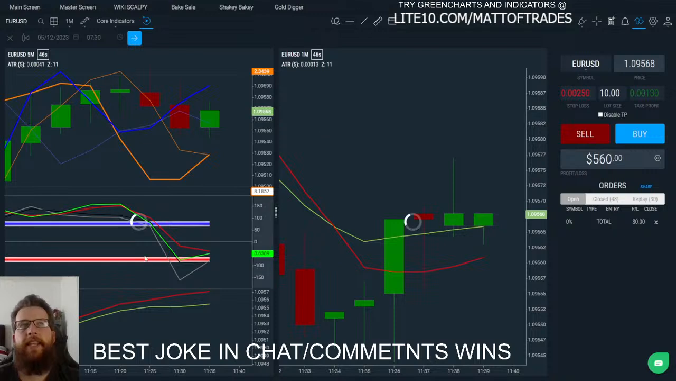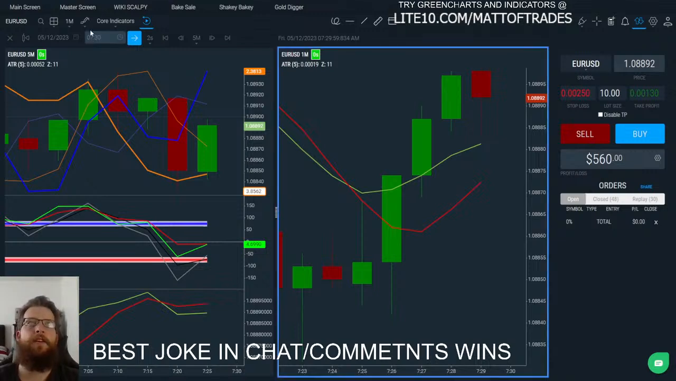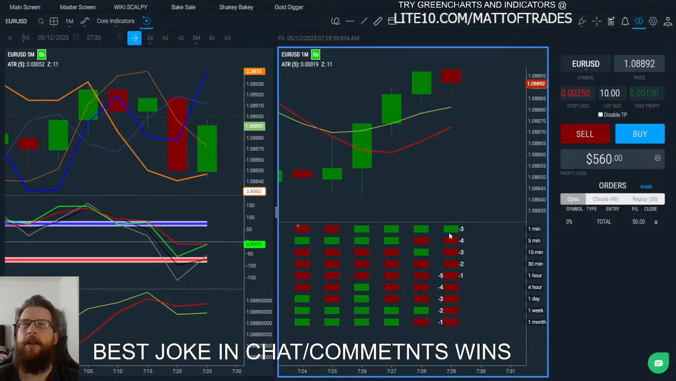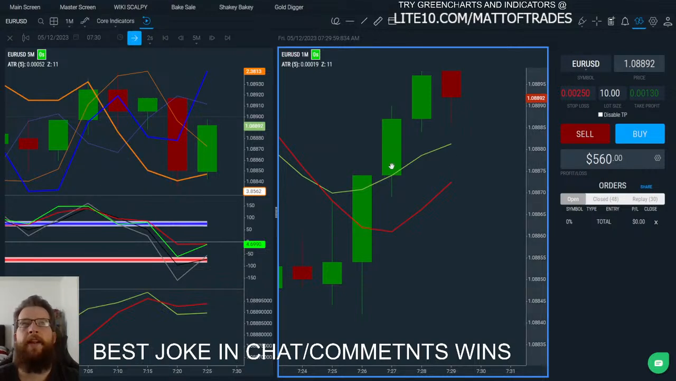This is pretty much the most basic chart setup on green charts. Well, I guess I shouldn't say most basic, but it's a very popular setup. You're basically utilizing all of the indicators except for the echo, which I still need to make a video about. If I have time today, I'll do it. We have our pressure indicator on our 1 minute chart, and on our 5 minute chart we also have a pressure indicator. We have our majors and minors and our TNT. If you're not familiar with these indicators, I have a playlist of videos that go through each of these individually, so feel free to check that out